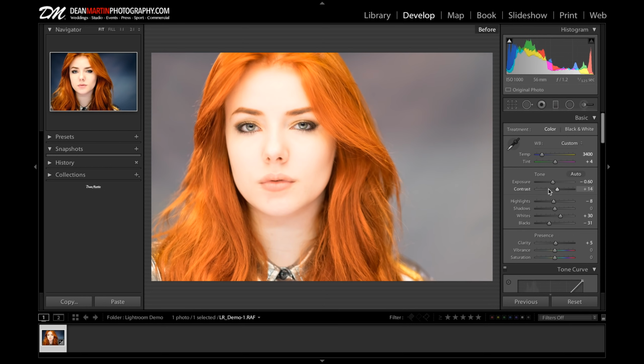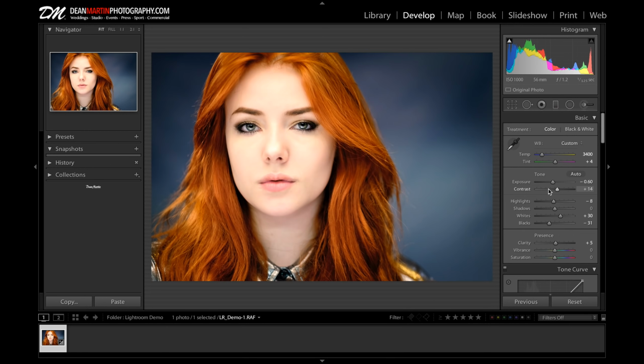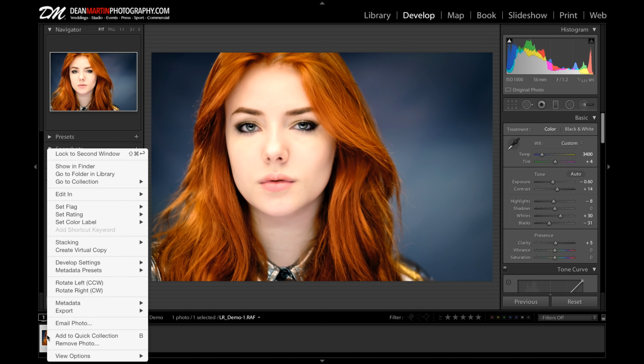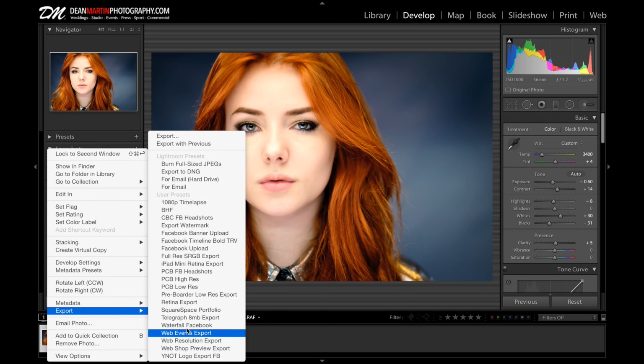Again, before and after. Right, now to export the image, you need to come all the way over to the image. Command and click if you're on a Mac, or right click if you're on a PC. Go to export. These are all presets I've got set up for certain export settings, which we'll go into in a later date. You click export,